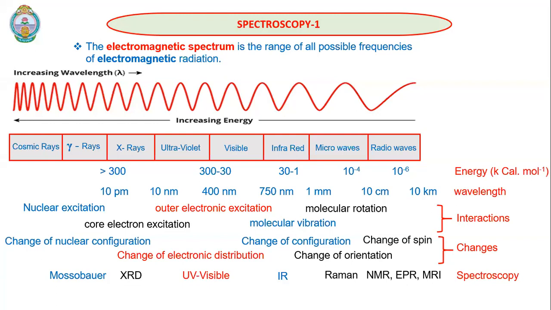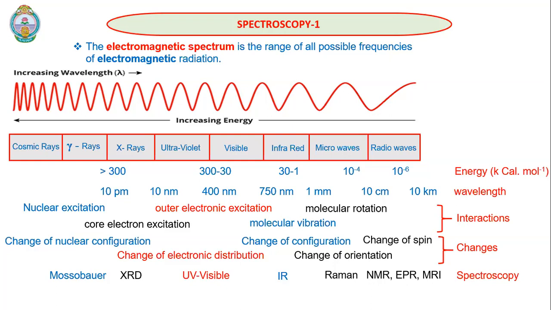But gamma rays are highly dangerous, so it is very difficult to generate gamma rays. So what we use as a light source for gamma rays in Mössbauer spectroscopy is a very high energy nucleus which can emit gamma rays. Generally, we use radioactive cobalt, which releases gamma rays and is converted to iron. So in Mössbauer spectroscopy, we don't use any filament as the light source. We use another radioactive element which will release gamma rays.